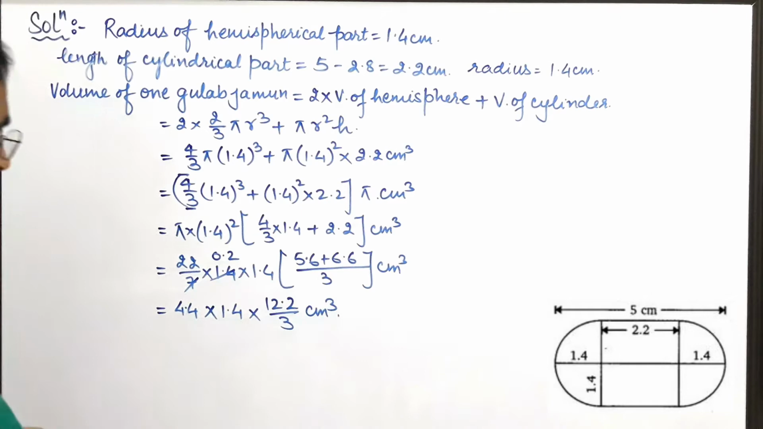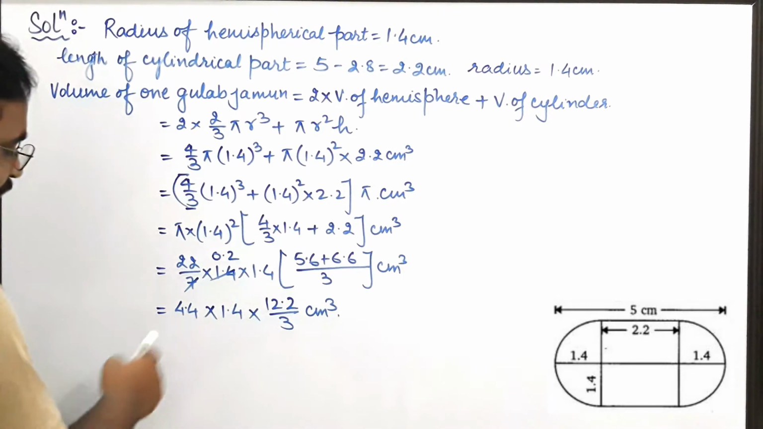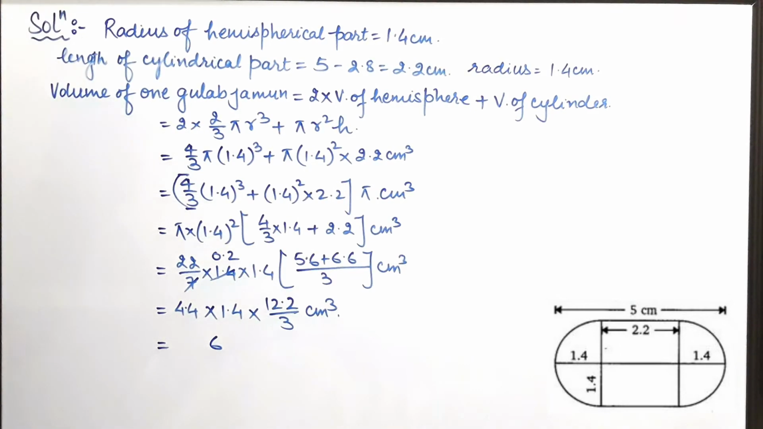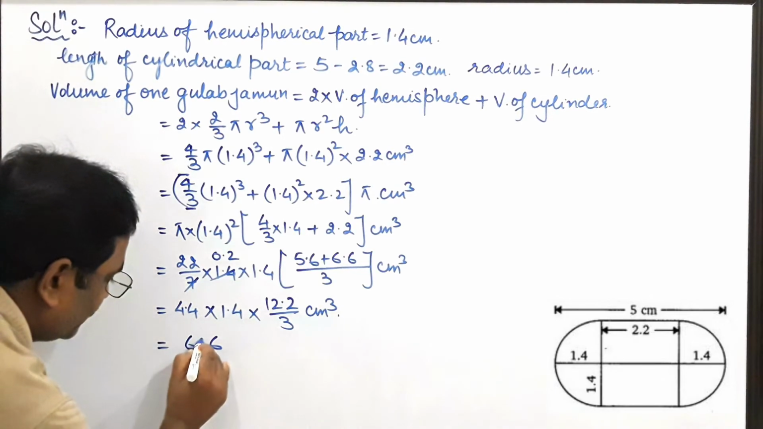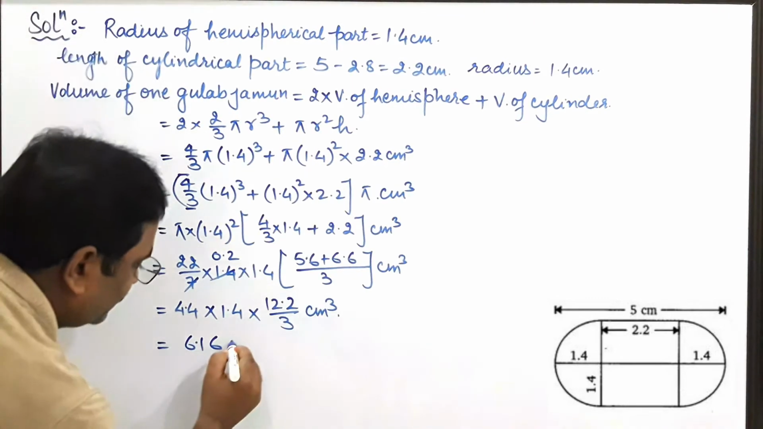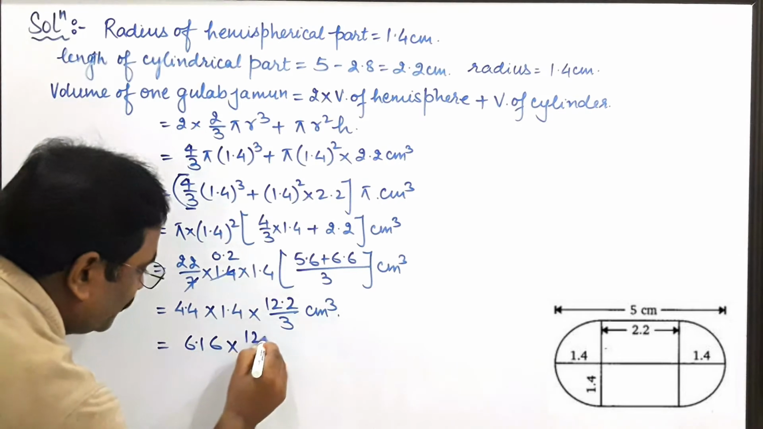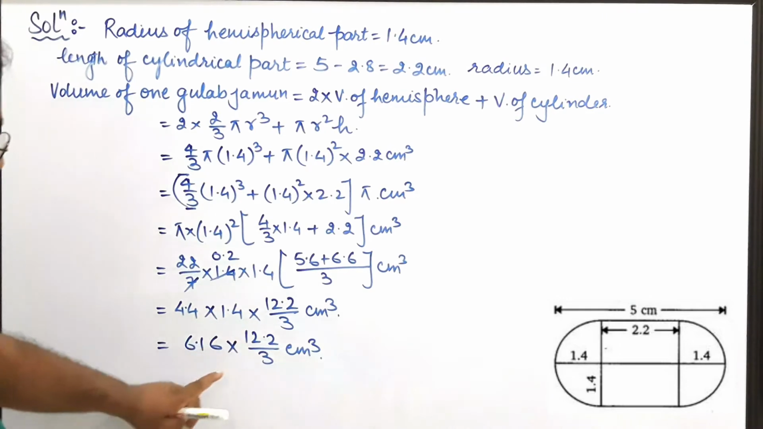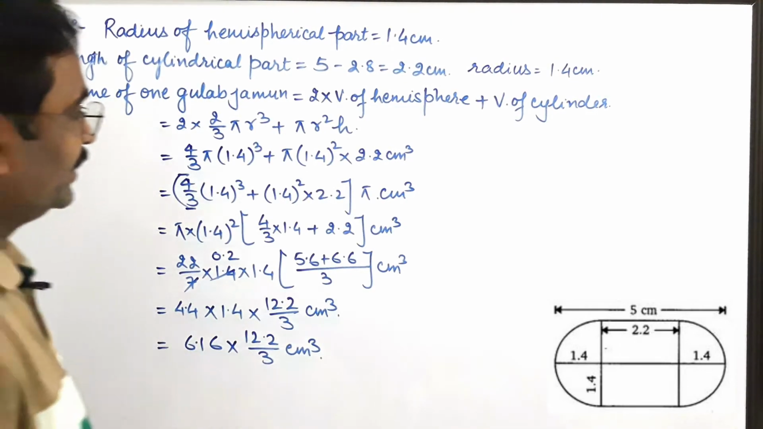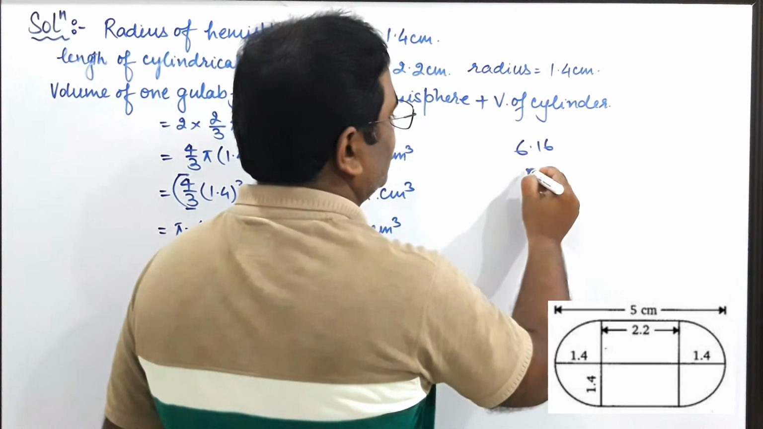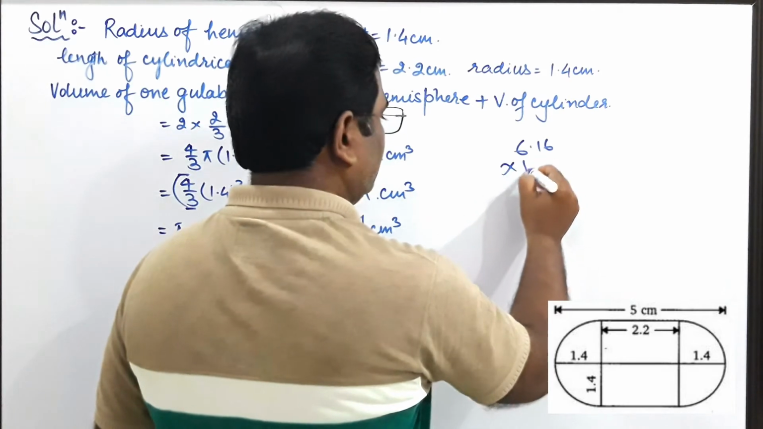So now we have to multiply this. 14 4s are 56, carry 5, 14 4s are 56 plus 5 is 61, means we got the value 6.16 multiplied by 12.2 divided by 3 cubic centimeter. Now we need to multiply this and divide by 3. So 6.16 multiplied by 12.2,